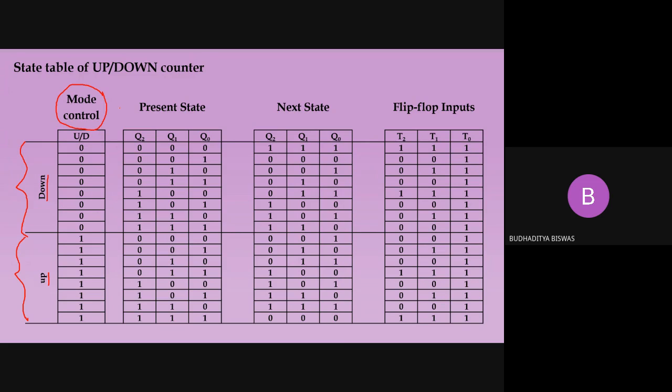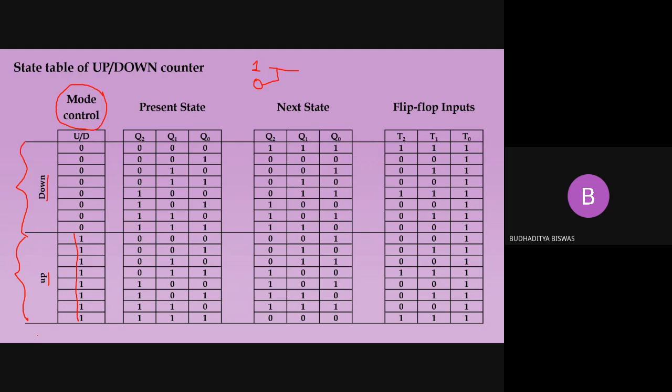So this is a mode control switch. Suppose this is one mode control switch, and if this switch is placed at 1, the counter is counting in the up sequence, and if the switch is placed at 0, then the counter is counting in the down sequence. 1 for the up sequence, 0 for the down sequence. You see, this is up-down is 0. So if the up-down switch is placed at the 0 position, it will count the down sequence, and if it is placed at the 1 position like this one, it will count in the up sequence. So this is another switch.